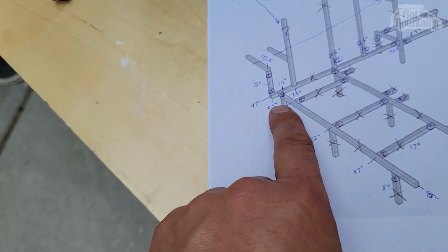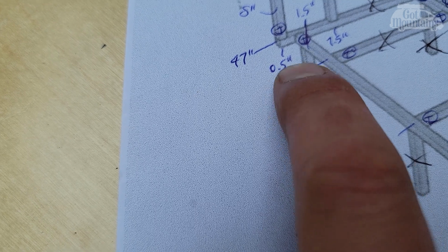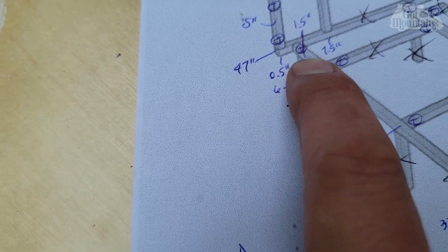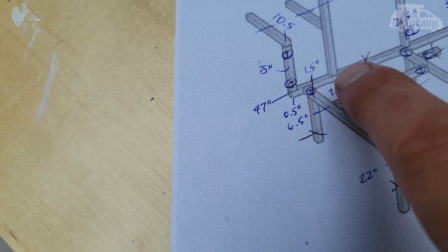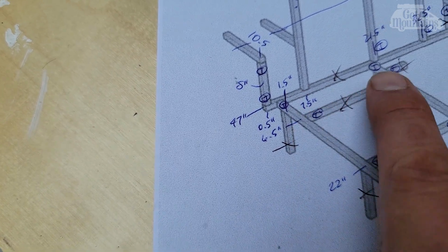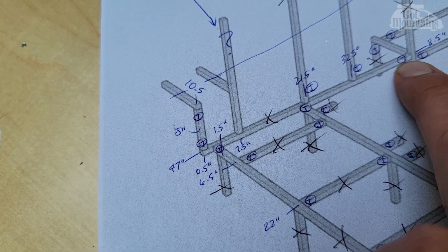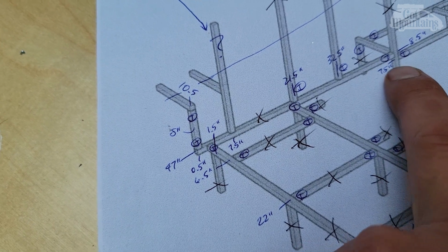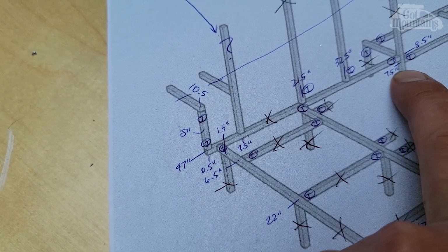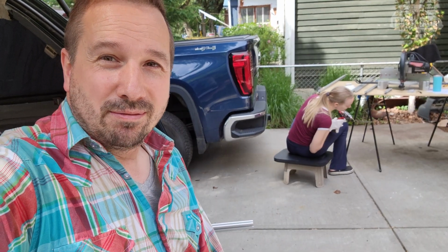So the other thing you can see here is that I have cross holes marked. That one was a 1/2 inch in. I'll need another one at 1.5 inches in, but this one will go vertically and this one will go horizontally. Then I'll need another vertical one here at 7.5, another one at 21.5, another one 32.5, and then this end will need to be tapped, and that's how I mark it with a T. This up right here is a good example of it. I'll need a cross hole at 7.5 inches and another one just further at 8.5 inches. So without further ado,